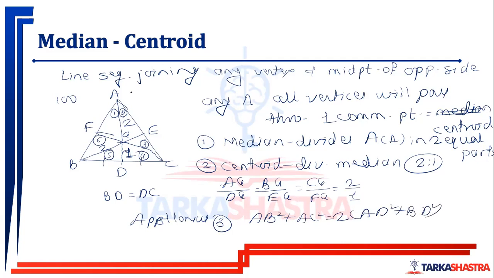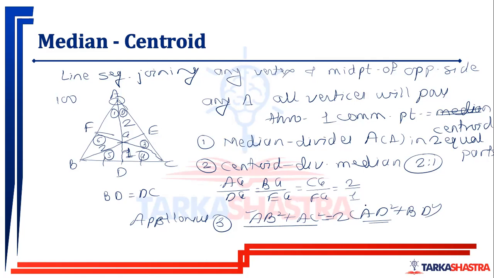ये ध्यान में रखने के लिए आप ध्यान में रखो कि कोई भी एक वर्टेक्स पकड़ो, जैसे मैंने A वर्टेक्स पकड़ा, तो A वर्टेक्स से स्टार्ट होने वाले तीन सेगमेंट, AB और AC, two sides of a triangle, और AD median of a triangle. तो दो साइड्स एक तरफ आ जाएंगे और मीडियन एक तरफ आ जाएगा, लेकिन मीडियन अकेला कैसे झगड़ेगा इनके साथ, इसीलिए जो थर्ड साइड है उसका हाफ. तो देखो AB square plus AC square is equal to 2 in bracket AD square plus BD square.